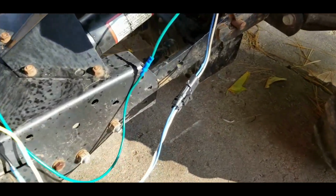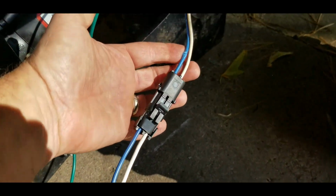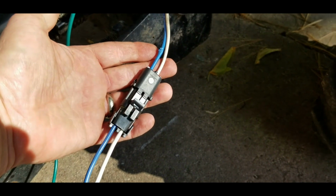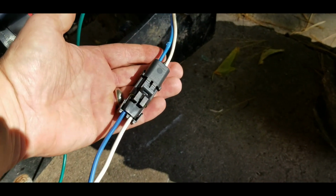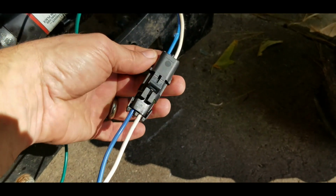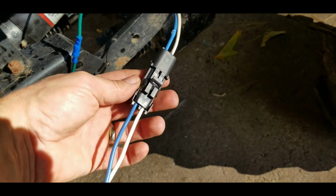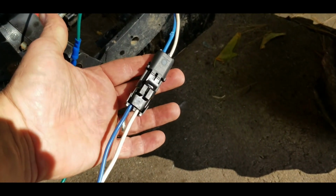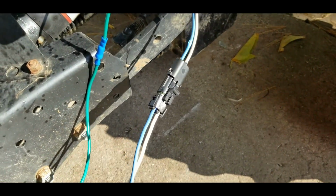So the wiring that was coming out of the tractor was this blue and white wire. That was what was installed when the previous owner of this tractor put a Johnny Bucket Jr. on there. This is called the Delphi Weather Pack. It's like a weather-proof connection, and I wanted to be able to leave that on there so when the Johnny Bucket goes back on. So what I ended up doing, tracked down,